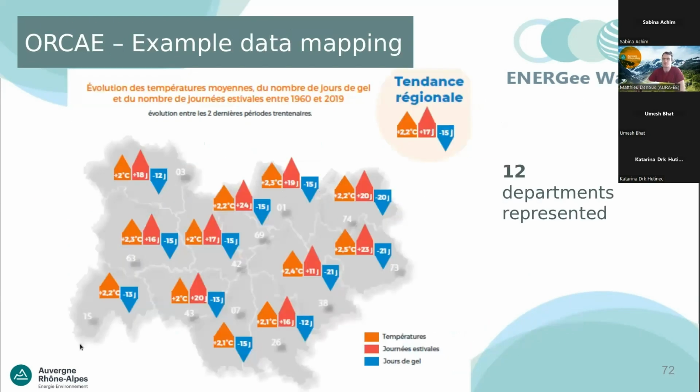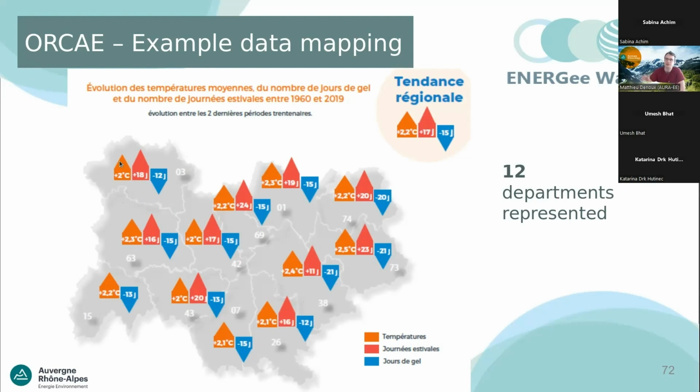So first, for example, here we want to have 3 indicators gathered at the same time: temperature related, summer days, which show a very strong high temperature, and frosting days. And you have the evolution between 1960 and 2019 for each sub region of the regions,